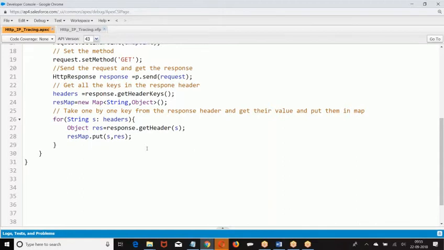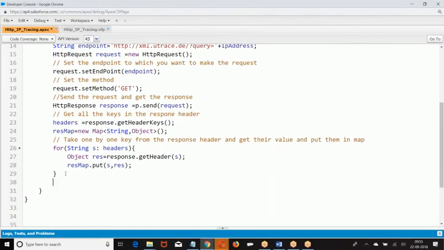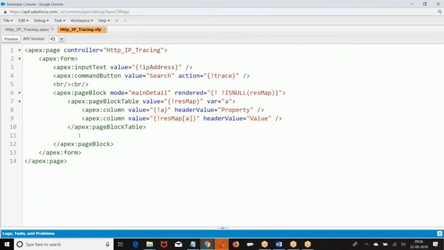Now what I want to do, I want to get the result. How do you get the result? Result equal to response dot getBody. Now once you receive the body, what you do with it is your choice. I cannot tell what you want to do with the body. Now my point is how to make a request to a third party and get the response. Once you got the response, what you do with the data is your business requirement. According to your business requirement, whatever you want to do, you can make it. So here what I am doing,